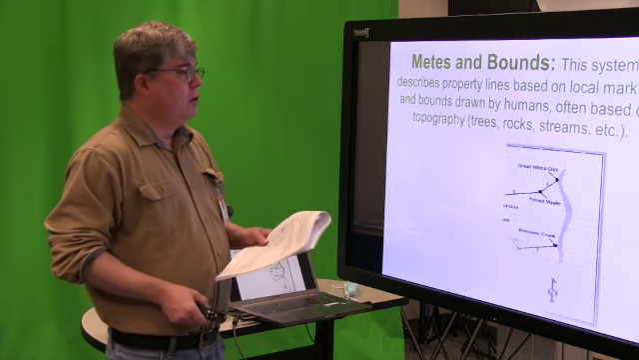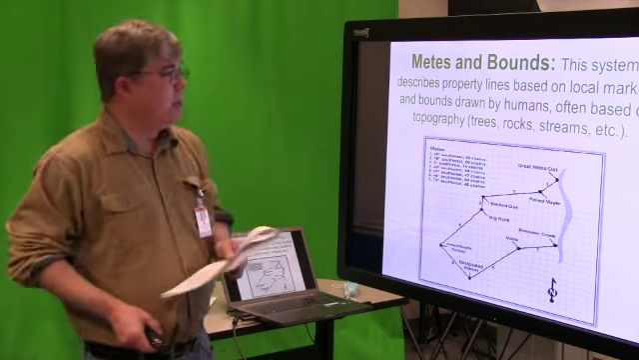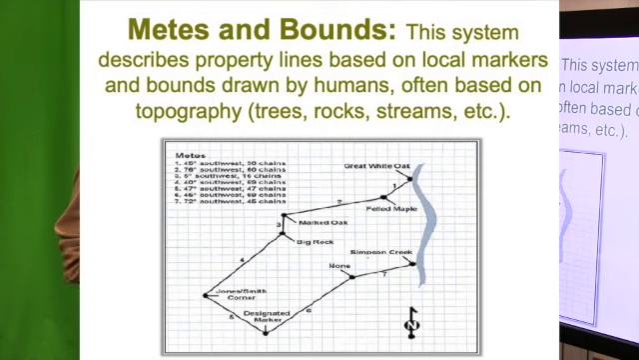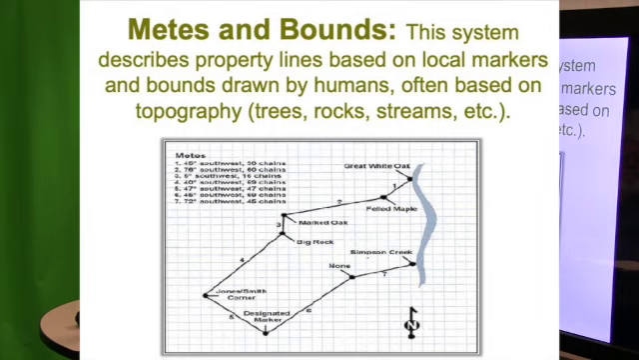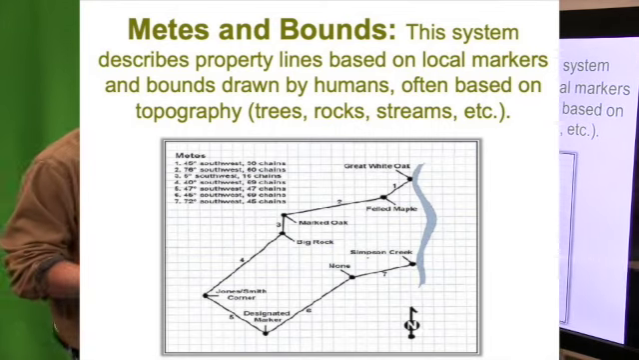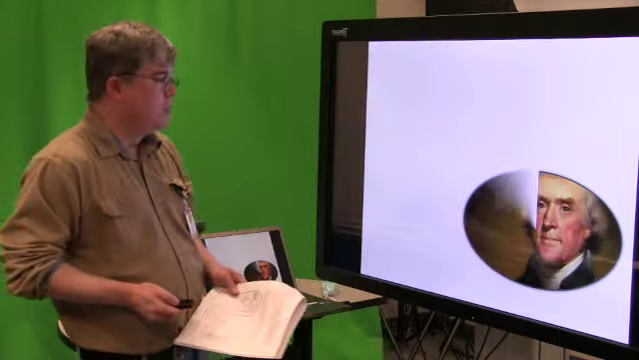Well, in Europe and in the original 13 colonies, land was apportioned via the metes and bounds system. And this basically described property lines based on local markers and bounds drawn by humans, often based on topography, as you can see maybe in the slide, and I think I've got it reproduced in your handout. Great white oak, felled maple, marked oak, Jones Smith corner, designated marker, Simpson Creek. What if the creek changes course? Well, this was the 13 original colonies, but